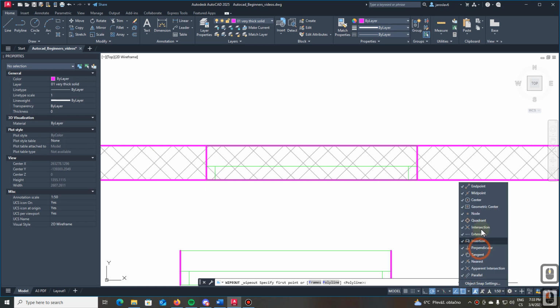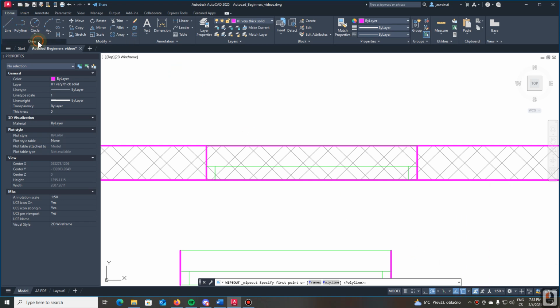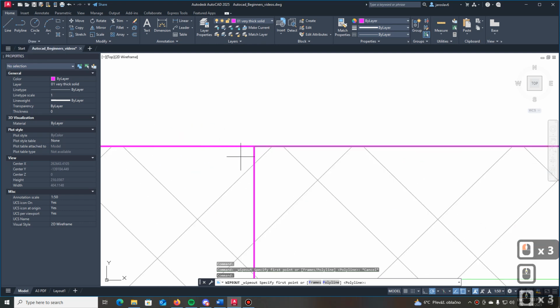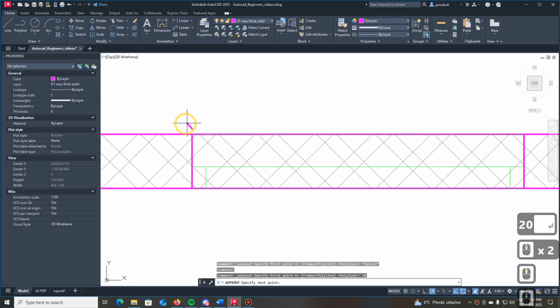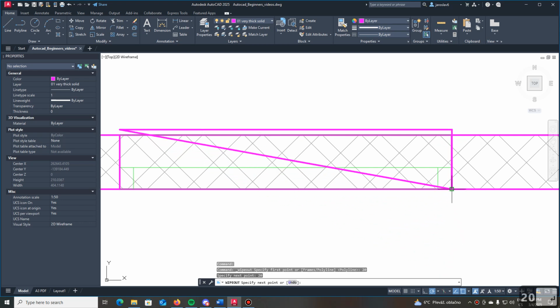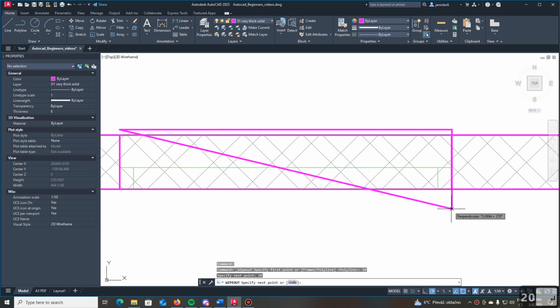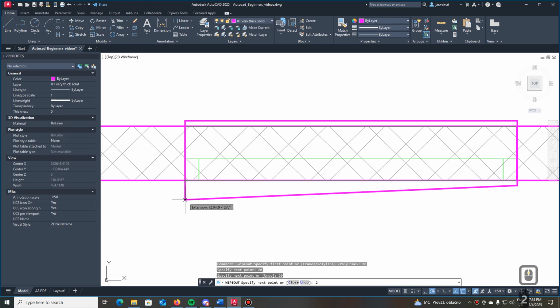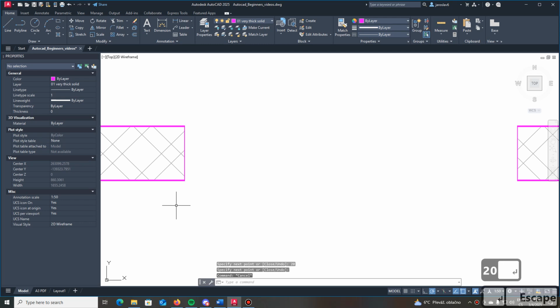So first I need to check that all these elements are checked. The most important is the extension, because when I want to create a wipeout I want to make it a little bit bigger than these lines, because I want to actually hide the thickness of this very thick line. So I move here, you should see this dash dot line, so you type 20, then we move here, we select this point, type 20 again, go to this point, type 20 and do the same here, so type 20, and when we are finished we hit enter,